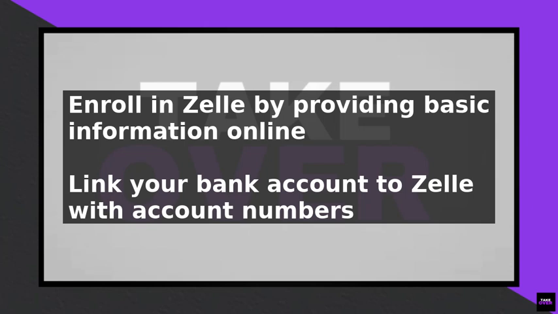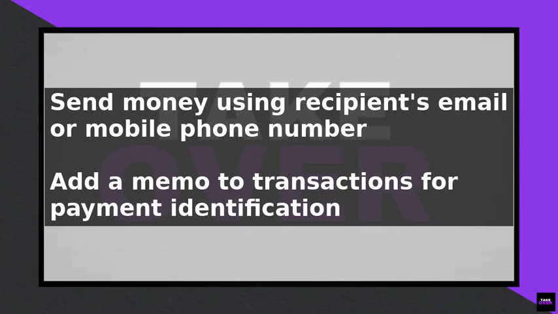To send money, simply enter the recipient's email address or mobile phone number and the amount you want to send. You can also add a memo to the transaction to help the recipient identify the purpose of the payment. To receive money, the recipient will need to be enrolled in Zelle and have a linked bank account. The recipient will receive a notification when the money is sent, and the funds will be deposited directly into their